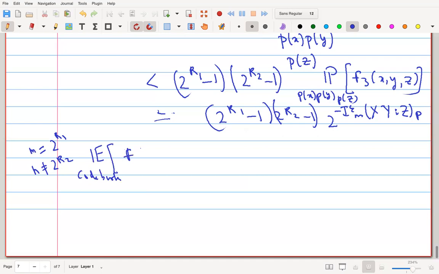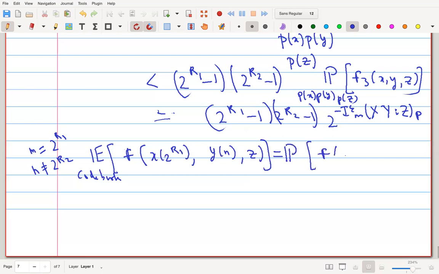So Charlie gets fooled, that is, Charlie accepts M comma N with this probability, which is X 2 to the R1, Y N, and the channel of Z. But now Z is correlated to 2 to the R1 comma 2 to the R2. So what does this break down to? Again, we'll split the expectation into the expectation over the actual message pair and the fraudulent candidate. So we'll see what the probability distribution is.